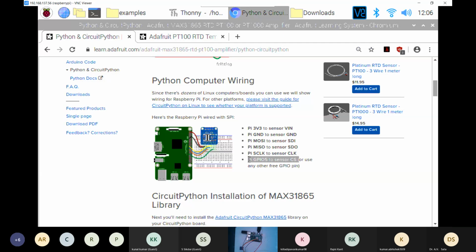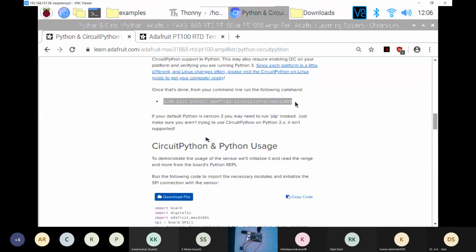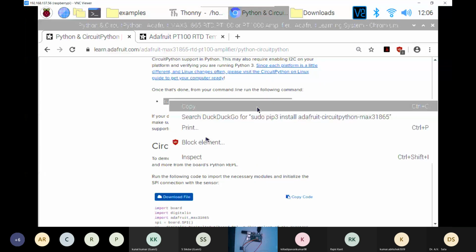You will just have to run this sudo pip3 install command if you directly want to connect it. We have done this exercise with the DHT. You just paste this URL and it will do the installation. I have already downloaded this Adafruit library, so it shows that this requirement is already satisfied. But if you haven't downloaded it, then it will download.